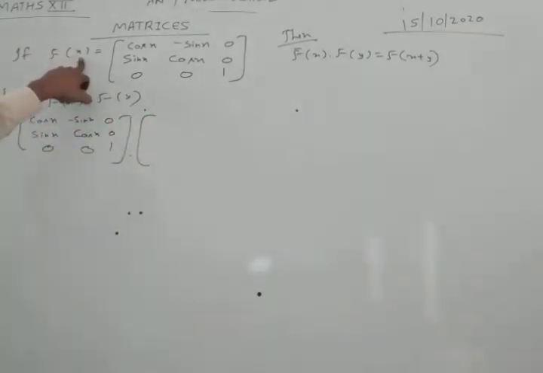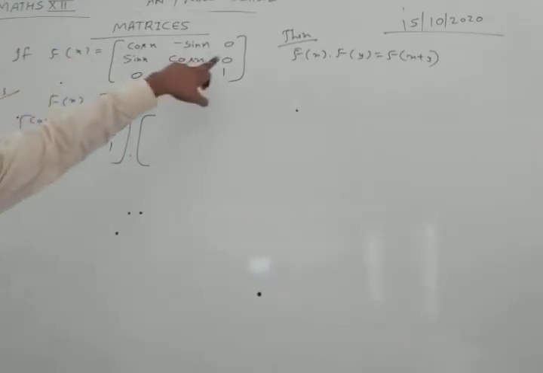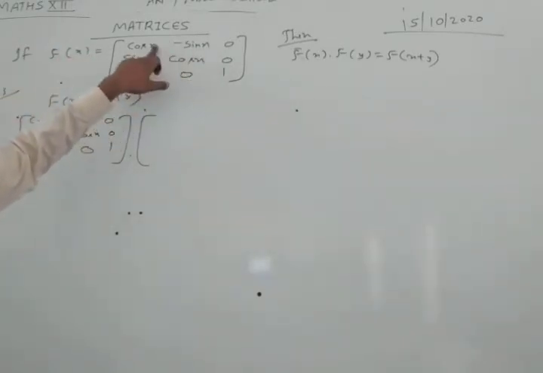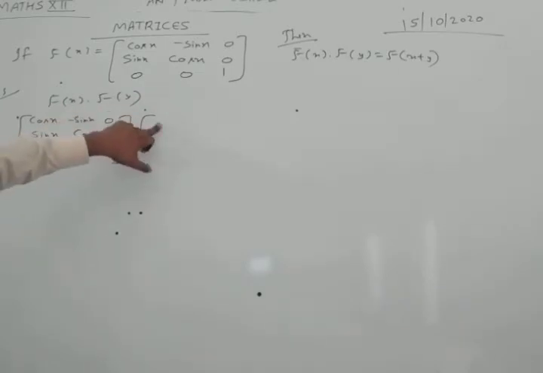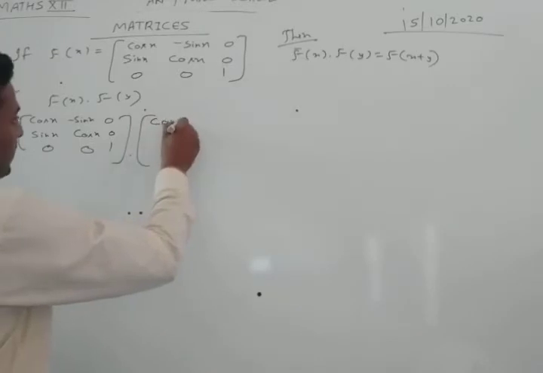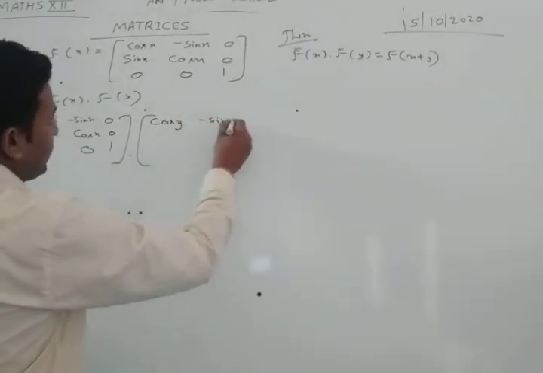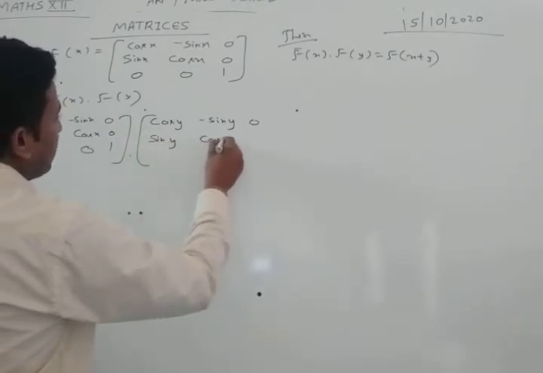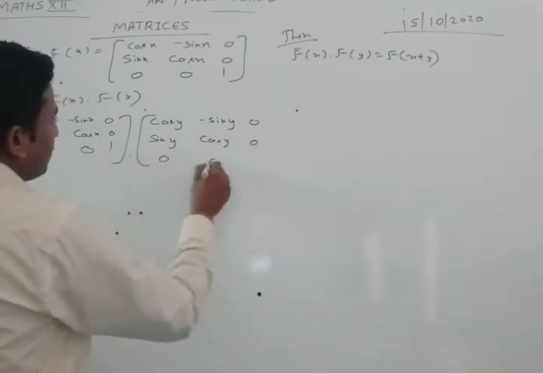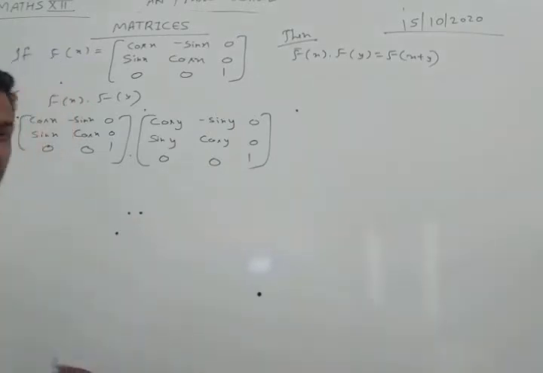Here we see that all the elements of the matrix are in the form of x. If here is y, then all the elements of the matrix will be in the form of y. So we write [cos y, minus sin y, 0; sin y, cos y, 0; 0, 0, 1]. Okay. Now we will multiply both matrices. We get